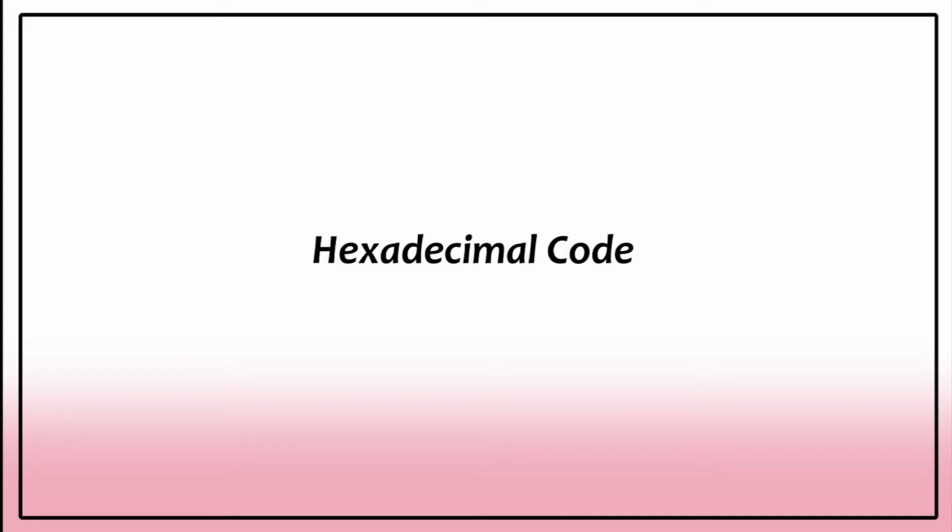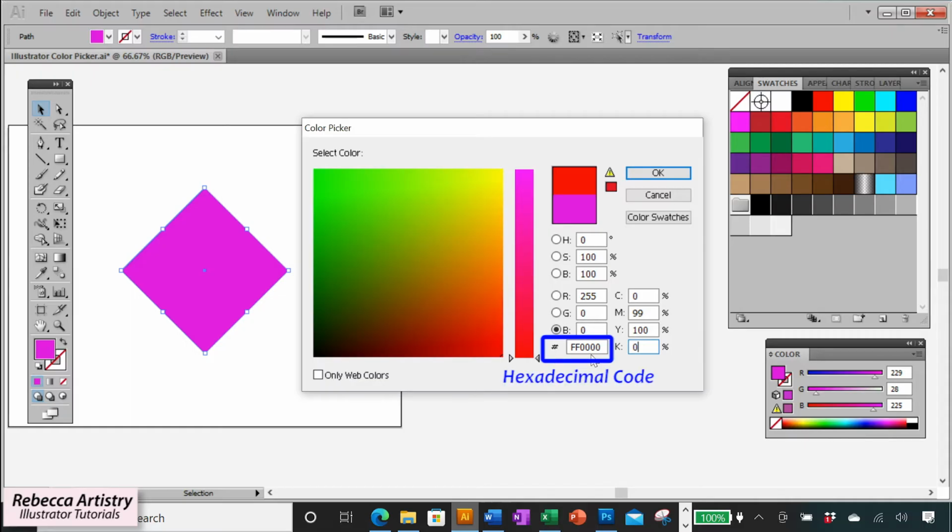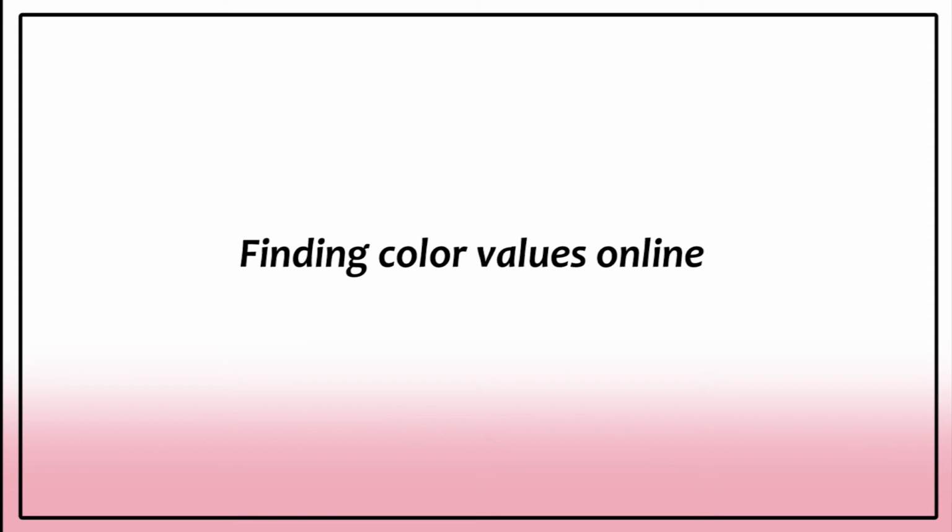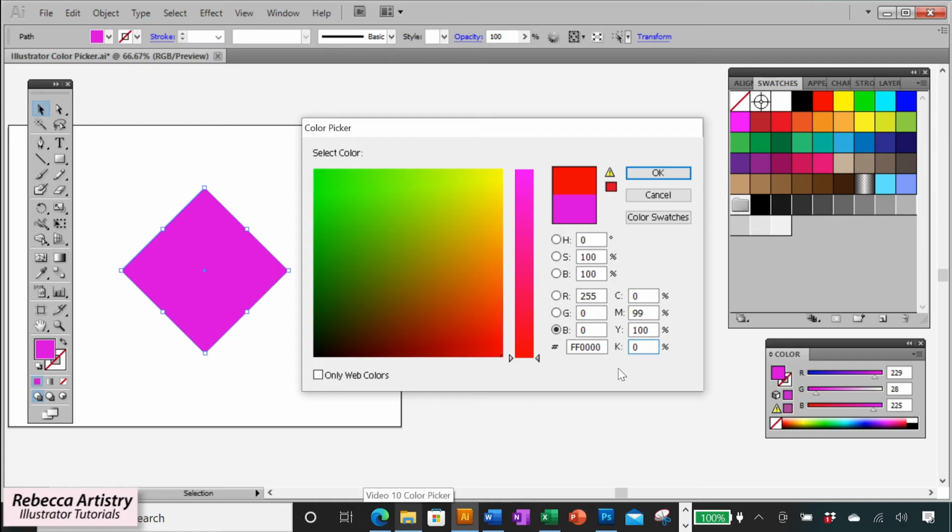If you're working with a printer and you're using CMYK colors, you can also input the values for the CMYK colors here. And here where you see this pound sign, this is where you can input the hexadecimal code, which is something that mostly web developers use, which is a system of code that represents the RGB values, but it's just a different system that they use. Now, I do actually use the hexadecimal code sometimes because let's say that I want to use a specific Pantone color, and maybe the computer that I'm working on doesn't have the specific Pantones that I need built into the library in Illustrator.